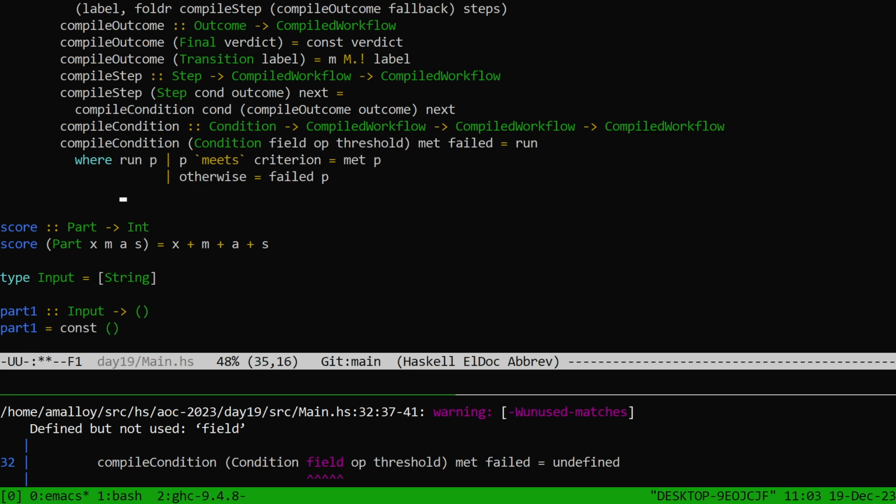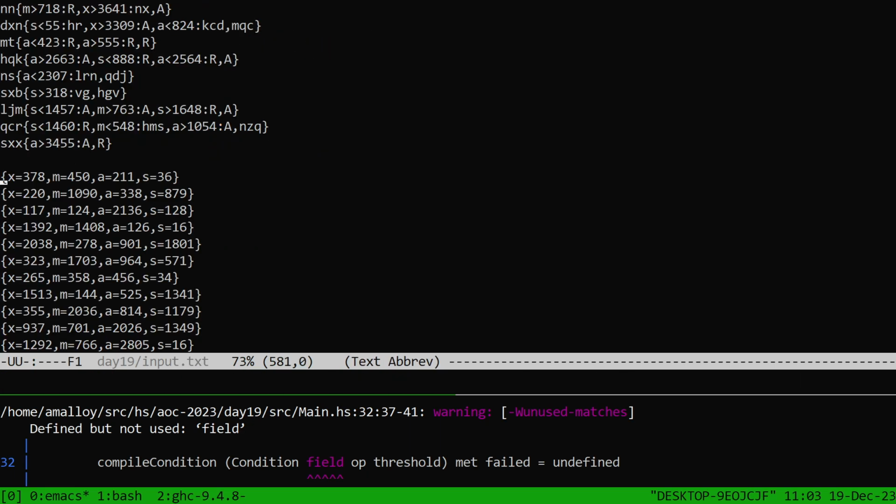And then we just have to define what criterion is. And meet, I guess. I think meet is just going to be apply, like... Yeah, I guess so. So why don't I just name this something different? So I don't have to define that silly function. Acceptable is... Let's see. Our criteria have an operator and a threshold, so